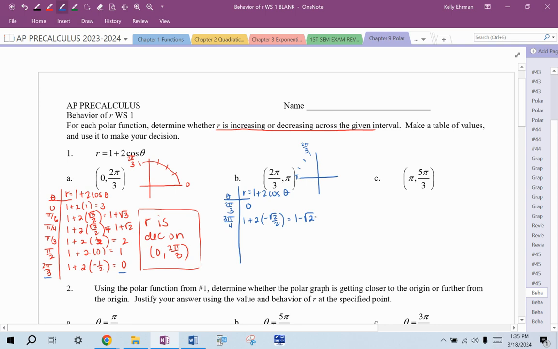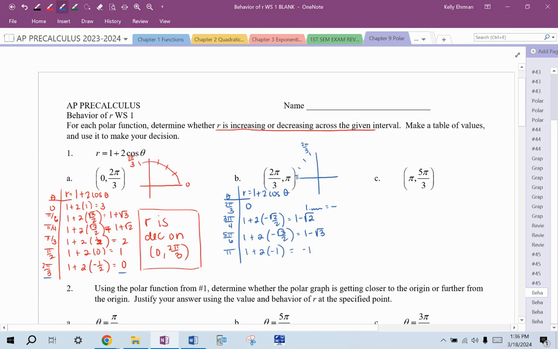So you are expected to be able to compare, look at this difference and see if it's positive or negative without a calculator. So again, radical 2 is 1 point something. So 1 minus 1 point something is something negative. So we're going from 0 to a negative. And then when we plug in 5 pi over 6, we're going to get 1 plus 2 times negative radical 3 over 2. 1 minus radical 3 is a little bit more negative, right? And then when we plug in pi, 1 plus 2 times negative 1 is equal to 1 minus 2,